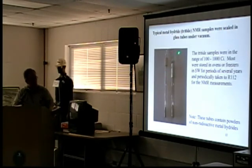Now, all the samples we looked at, the hydride or tritide that I was involved in, were sealed in glass tubes. This is a 7mm glass tube, and this is a 10mm glass tube. They were evacuated and sealed. These happen to be some hydride samples that I still have in my personal inventory from years ago that I took a picture of. But the tritide samples had a fair amount of tritium, 100 to 1,000 curies of stuff, and they were stored in ovens or freezers in SW building for a period